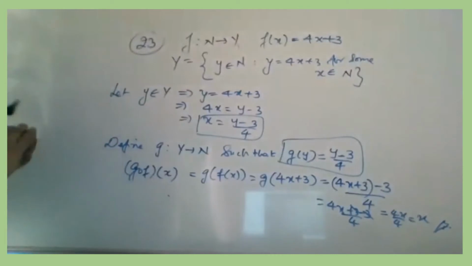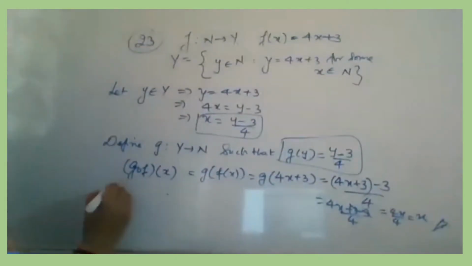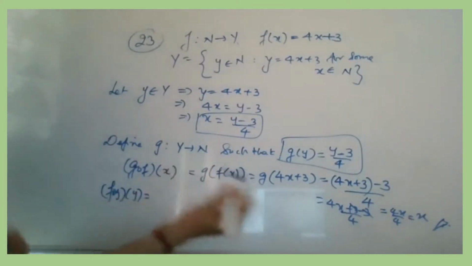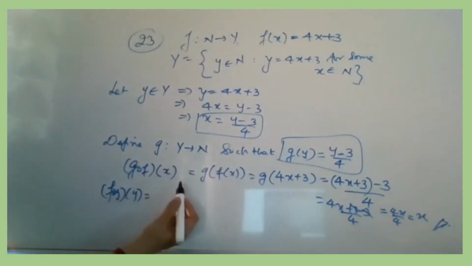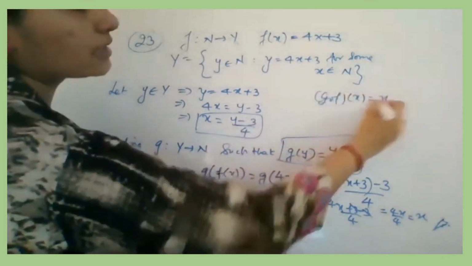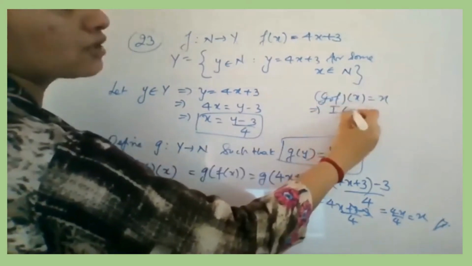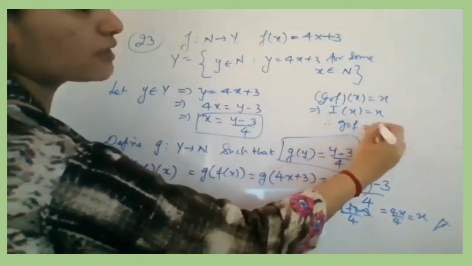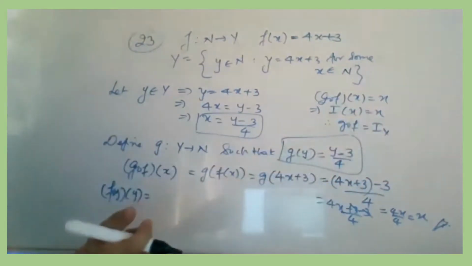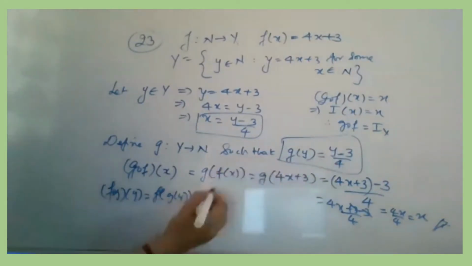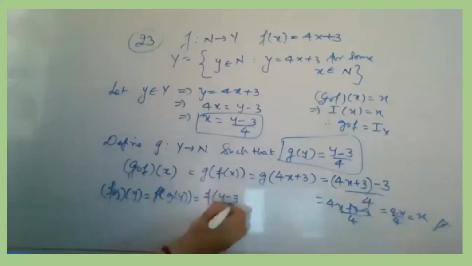अब हम दूसरा देखेंगे, that is your f composition g of y. Okay? तो यहाँ से from this you will get that g composition f of x is equal to x, which means it's actually I of x, or you can say therefore g composition f is acting as I x. Okay. Now from here this is f of g of y. G of y means it is f of (y minus 3) by 4.